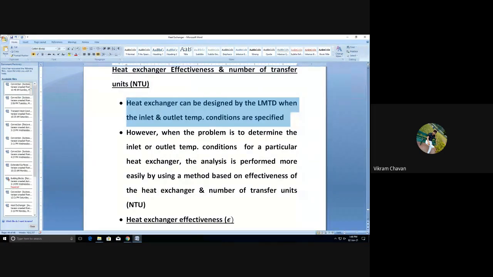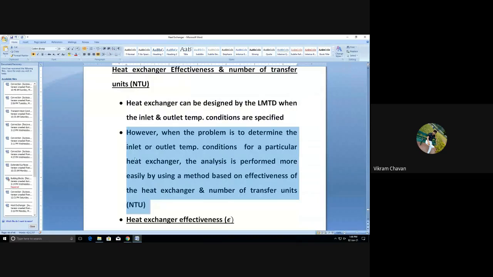Next point. However, when the problem is to determine the inlet and outlet temperature conditions for a particular heat exchanger, the analysis is performed more easily